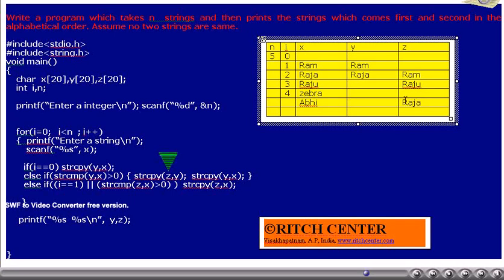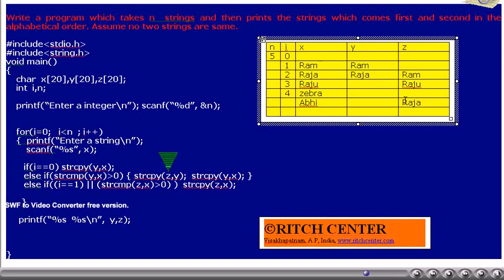Is i equal to 0? No. Does the string Abhi come first in alphabetical order compared to the string Raja, that is the one which till now comes first in the alphabetical order? So, is this new string Abhi coming first compared to Raja? Yes.